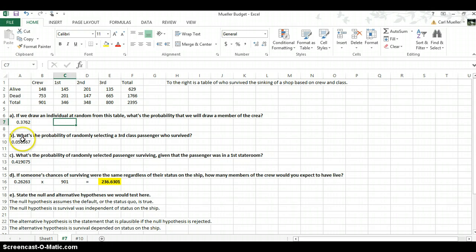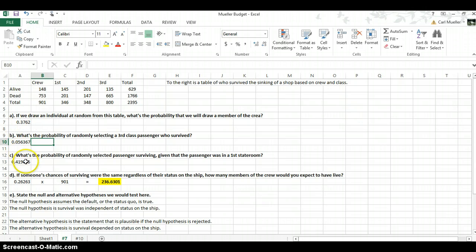B, what's the probability of randomly selecting a third-class passenger who survived? Now, that's a key. First is third-class passengers, and then it's who survived. So what is the probability at random? There's 135 up here, and of the whole population, the 2,395. So it's the E2 divided by the F4. And you can see it here, E2 divided by F4. As you can see, there's only a 5% chance of selecting a third-class passenger who survived. So it's kind of a double selection. That's why the probability in this case is so low, as opposed to something broader, as in